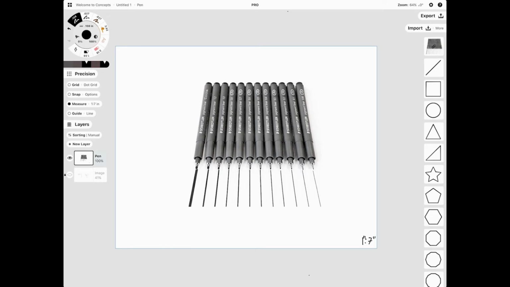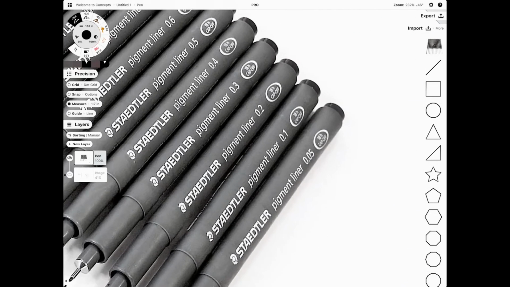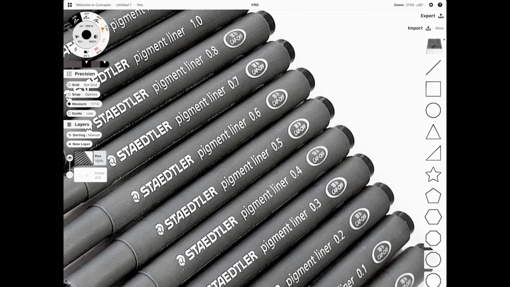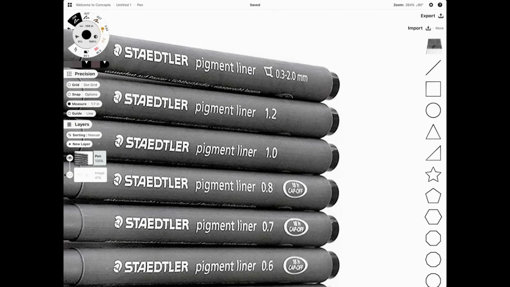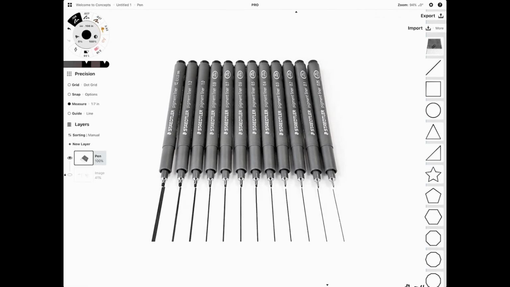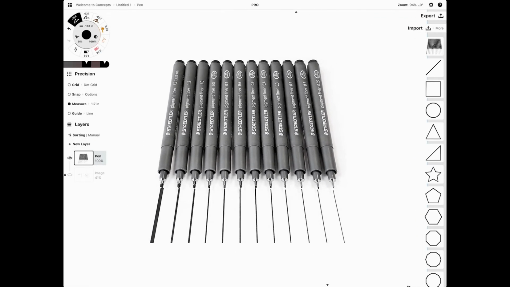Let's set up our tools now. I pasted in an image from some of my preferred drawing tools, the fineliners, and you see all these numbers relate actually to millimeters. So a 1.0 means the line is 1 millimeter wide. And if you're very used to this, it's actually very easy to set up now the tools in Concepts exactly